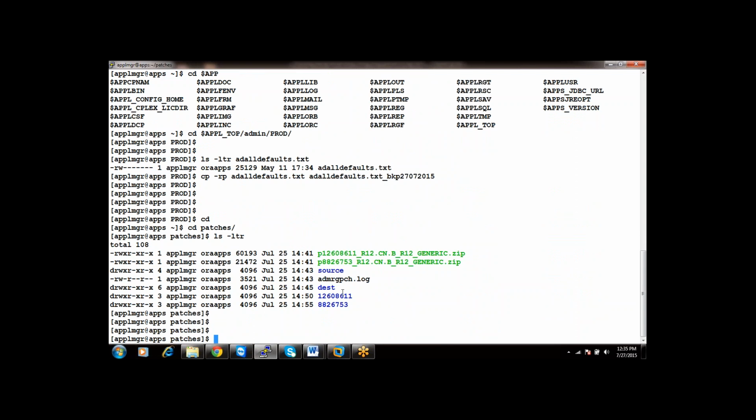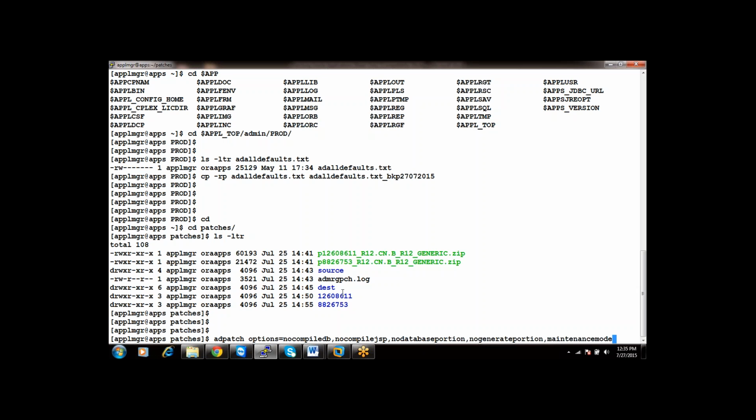There are two patches. With AD patch, if you want to give multiple options, I'm showing again: options equals nocompiledb, nocompilejsp, nodatabaseportion, nogenerateportion, and you can give any others like maintenance mode.